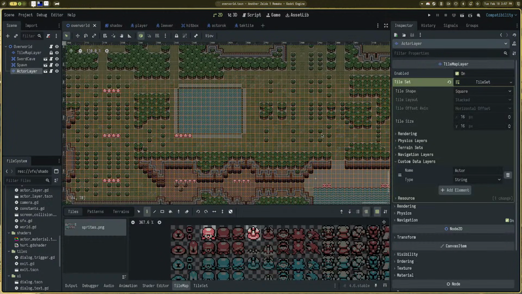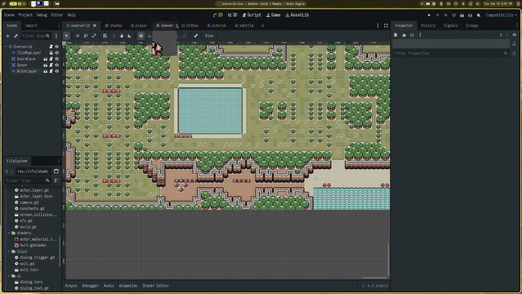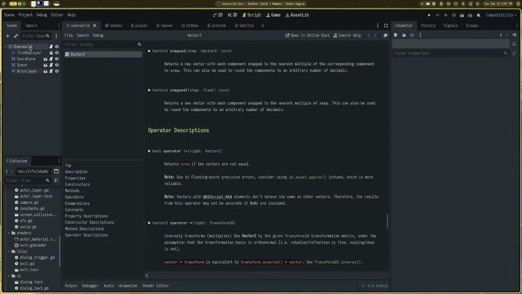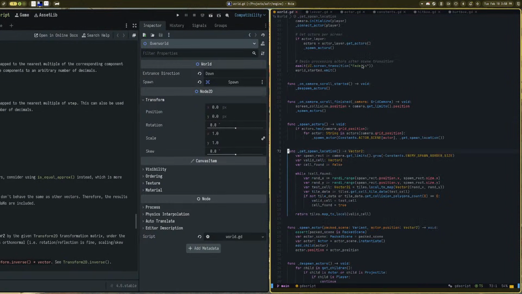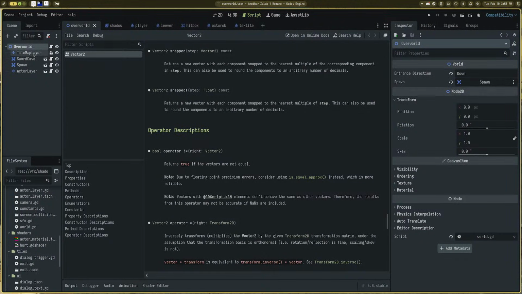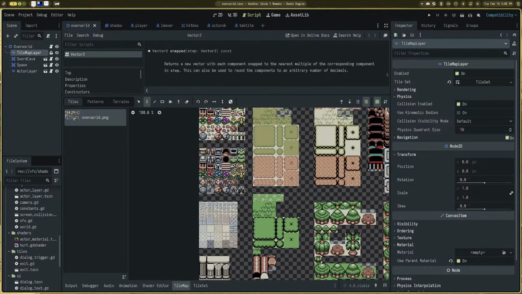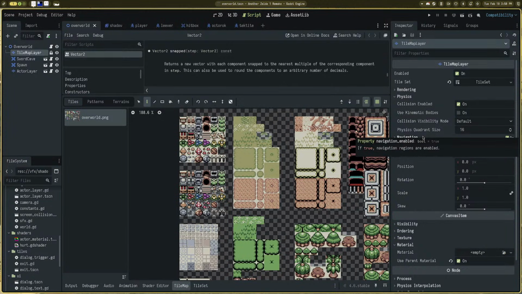Right now the actor layer, wait, how do we find valid tiles for spawns? That happens in world. Get spawn location. So it's just checking the cell tile data and it's looking for something that doesn't have a collision. So we need to add,